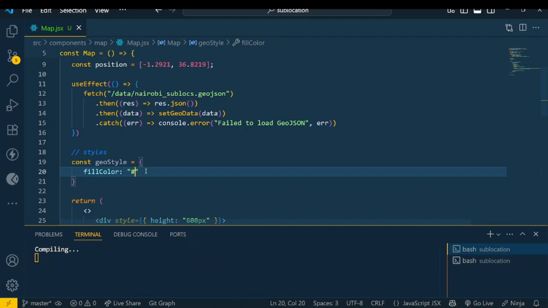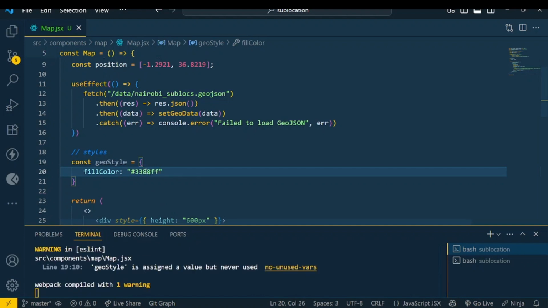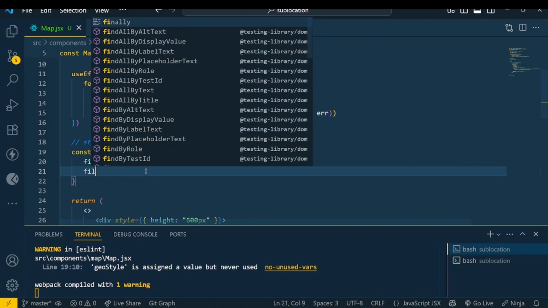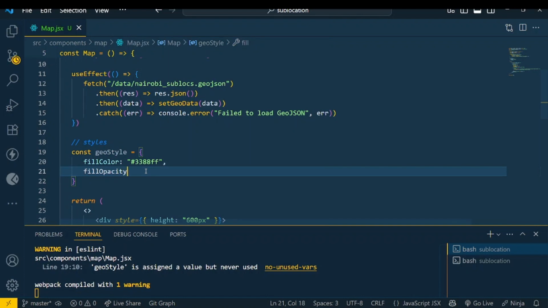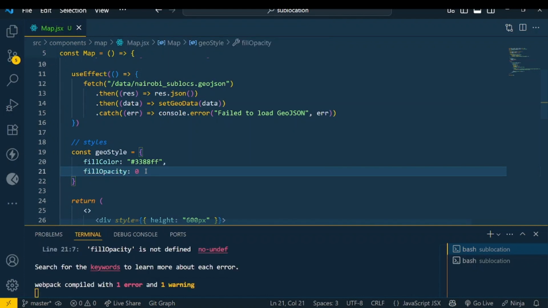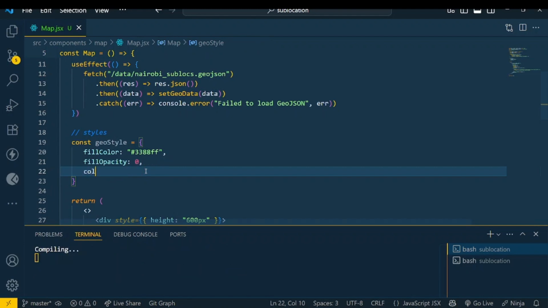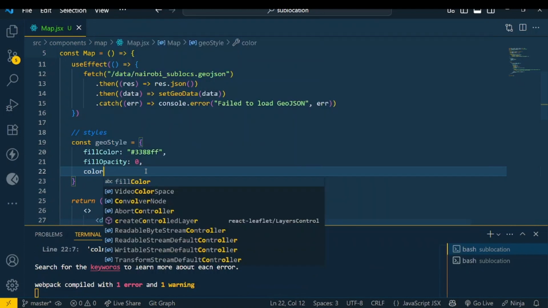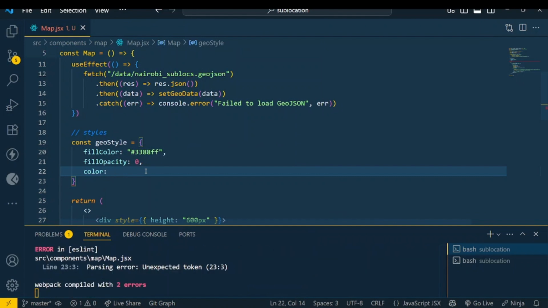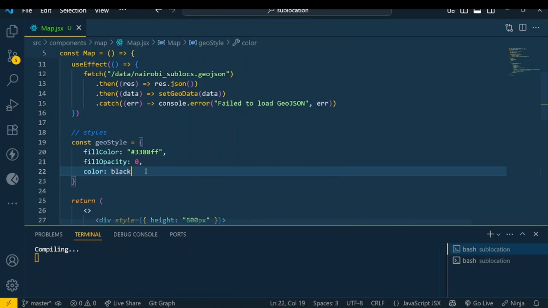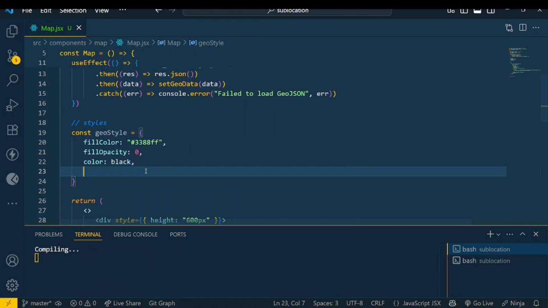So I'll say 3388FF. Then the next one will be the fill opacity. Say fill opacity. This is going to be 0, so that we don't want to see it. And then we have the color for our map. So the boundaries, you can change the color to black. Yeah, maybe you can say black here, black. Okay, like that. Then the weight